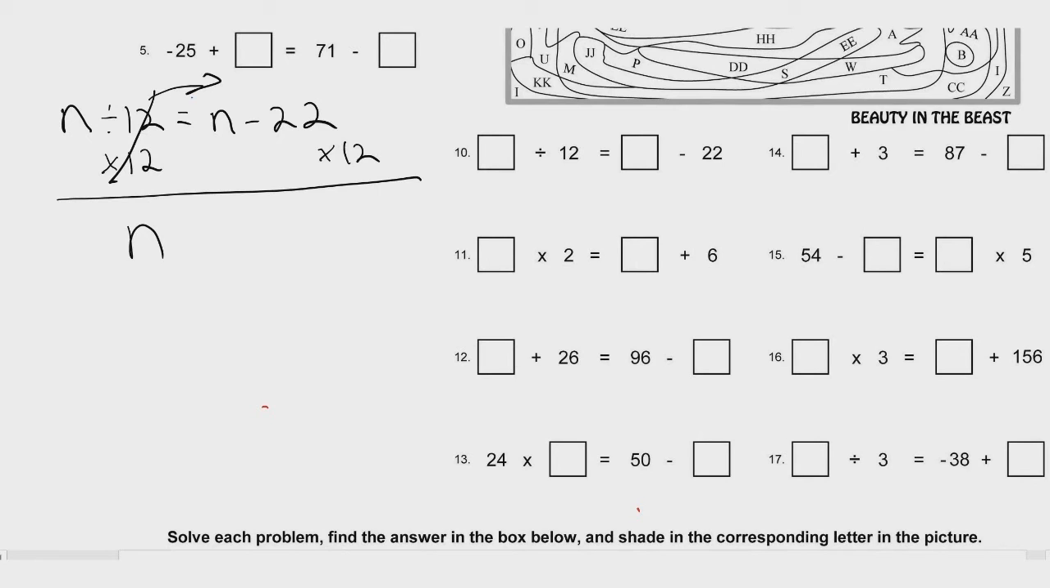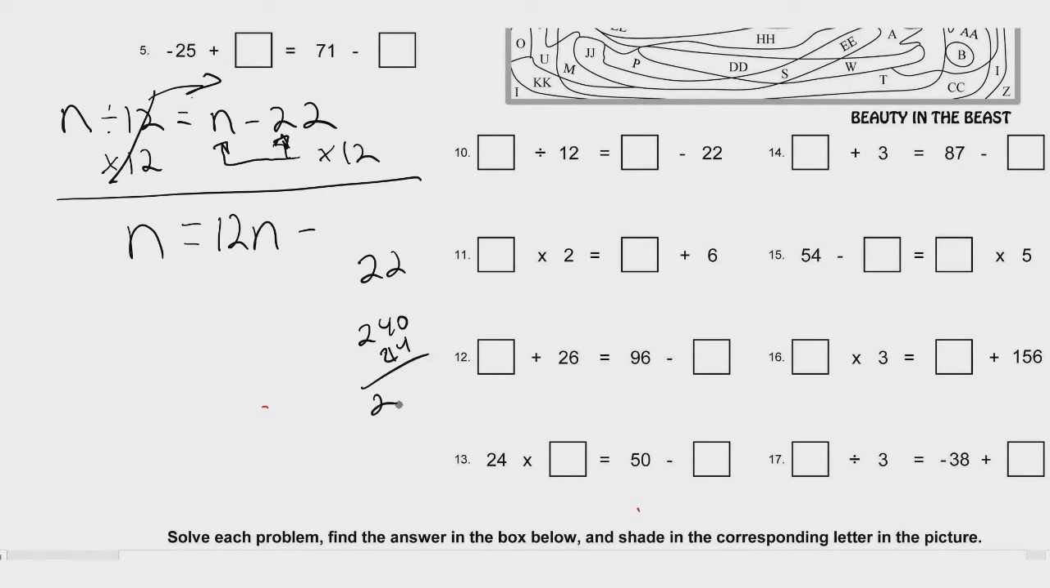Because remember, a divided by 12 and a times 12 are opposite, so they cancel each other out. Or they create 1, but 1 times n is n. So we end up with n equals. Now, since we sent the 12 to the other side, we have to multiply both the variable and the number by 12. Don't forget that. So 12 times n becomes 12n, and 12 times 22. Well, I can tell you the answer is going to be 240 plus